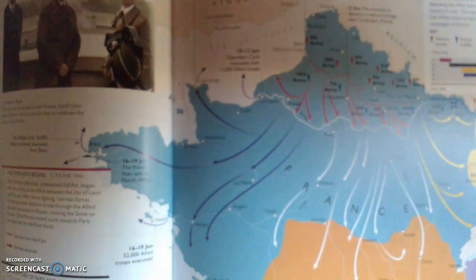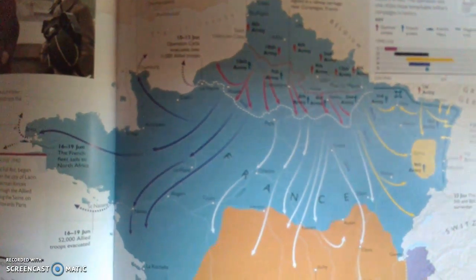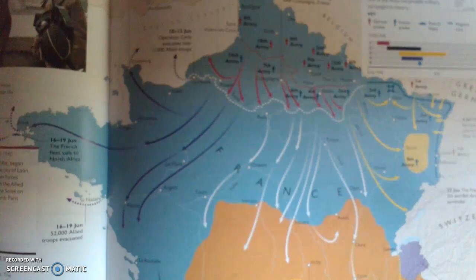After the invasion of Poland, everyone was really excited at the prospect of a war, or perhaps worried. But there was a period immediately after that invasion that historians call the phony war, in which essentially nothing happened as far as Britain and France were concerned. And right up until the first few months of 1940, so this is a good 6 months after the invasion